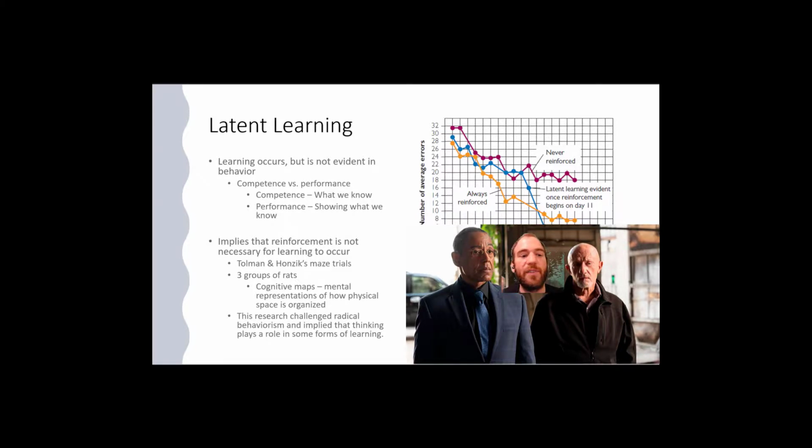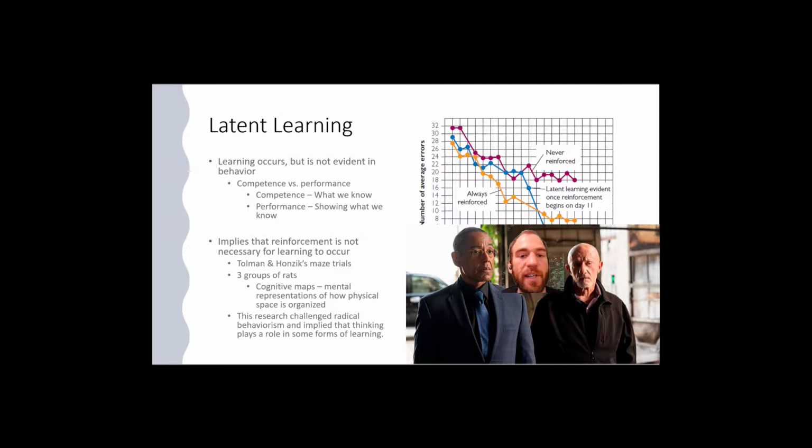So there's, again, this famous study that implies that reinforcement is not necessary for learning to occur. And I just grabbed this classic chart, and I'm not going to go through the whole study, but the idea here is that just look at the yellow or orange, and what line are we looking at here? Blue line. See how the orange line, mostly orange, is performing better than the blue line. That is, they're scoring fewer errors for a day in the maze.